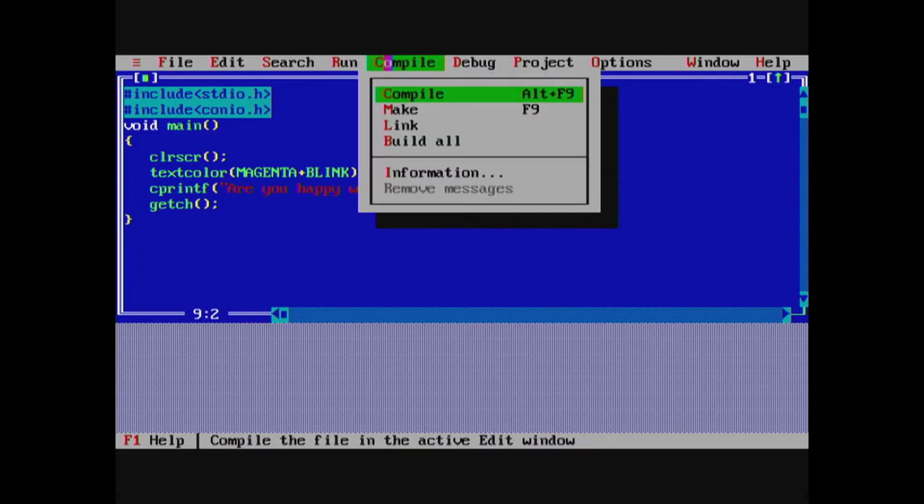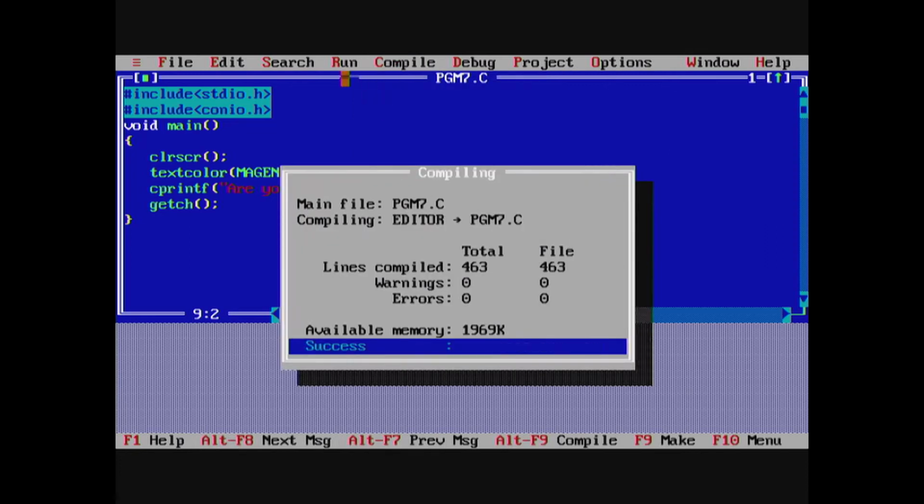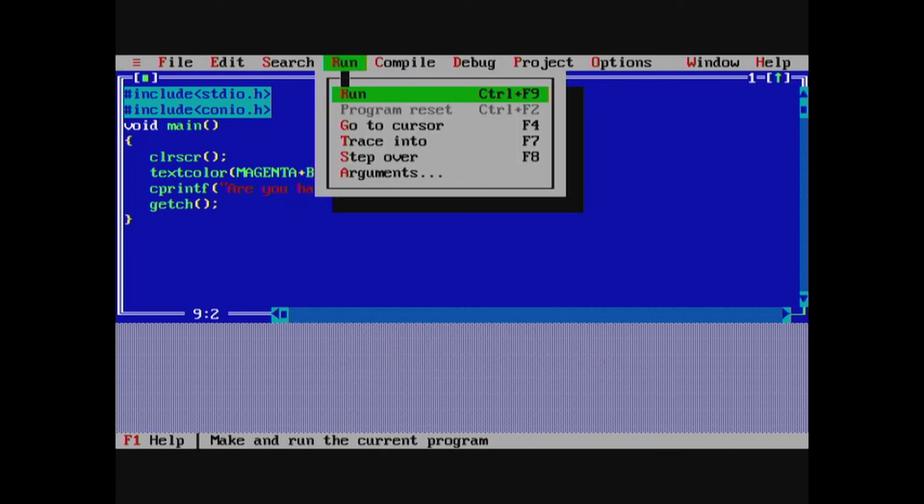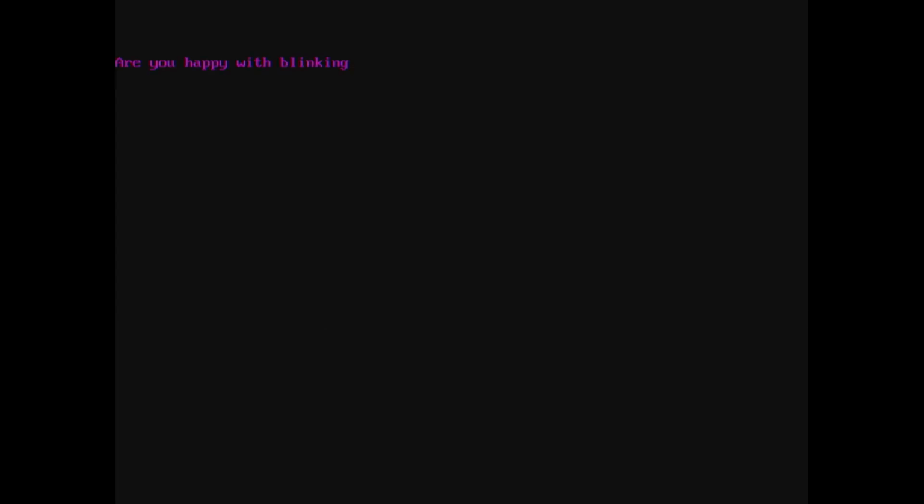In the given program, we pass the color constant MAGENTA and BLINK for the special graphical effect of blinking text. Now, you compile this program and run. Now, you can see the blinking effect of the text with magenta color on the screen.